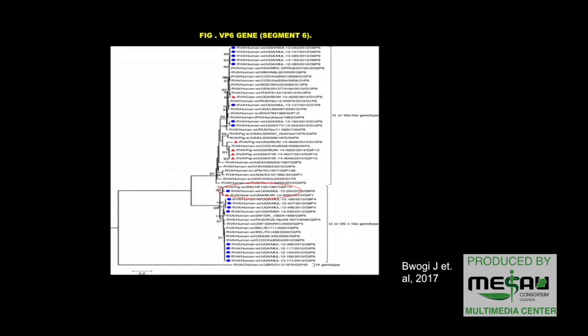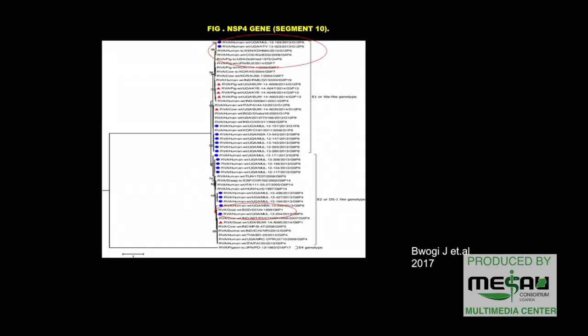This VP6, I've already talked about it, where I said our sample is clustered with a goat sample here. Also, these samples here are human samples from our study. But the samples they cluster with, this one and here, have been reported to be of zoonotic origin. So probably our gene NSP4 of this sample 183 and 23 may be of possible zoonotic